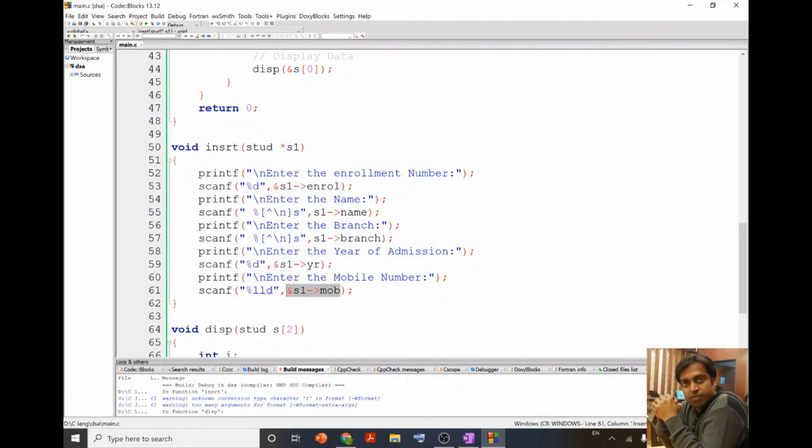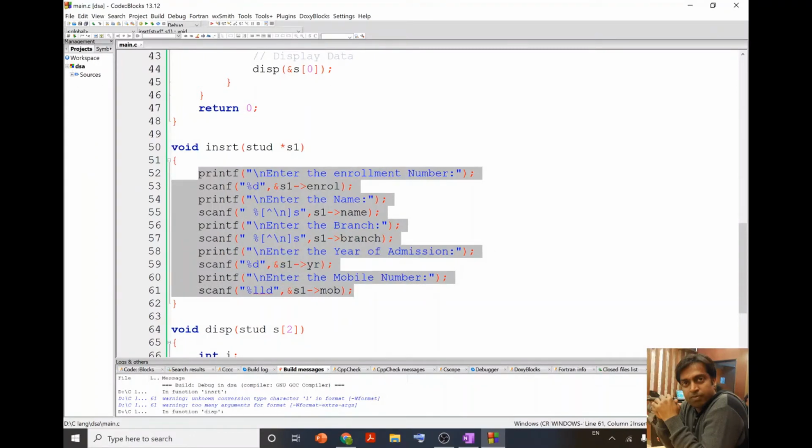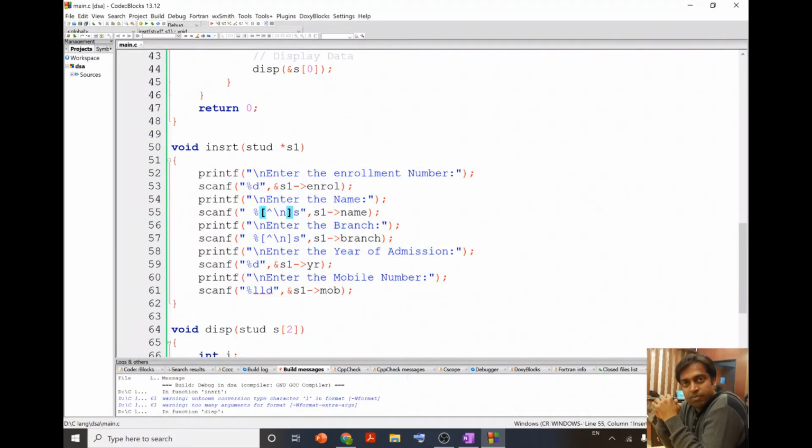Okay, so with this, by passing the address of the first array element, means S0, I just got the information of the first student in memory. And now when I am going to pass the address of S1, means S bracket 1, then I will be able to store the information of the second student.